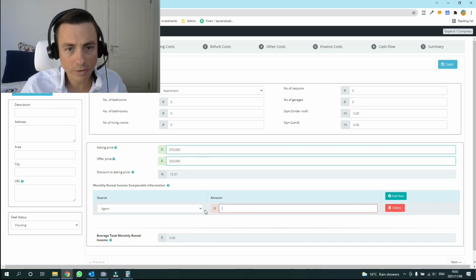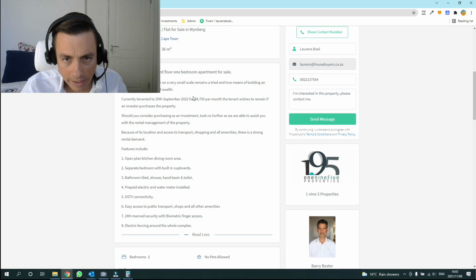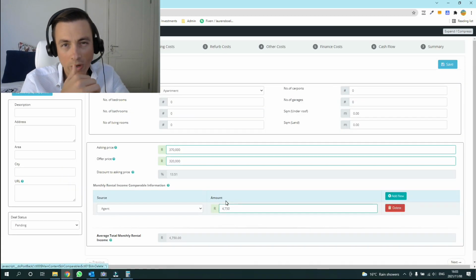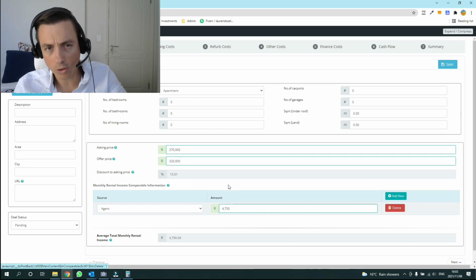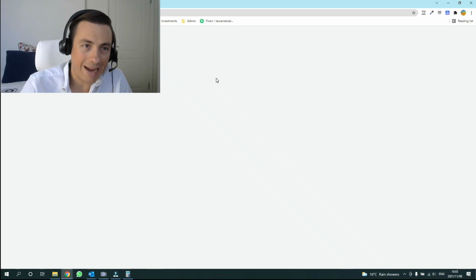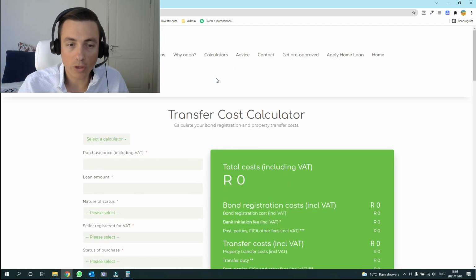If we look here at the rental information, the rent they're saying is 4750. I'm just going to assume that that's correct. Remember, we do want to always vet and double check everything that an agent provides us with. Next, we need to look at our buying costs, so the cost of actually transferring this property into our